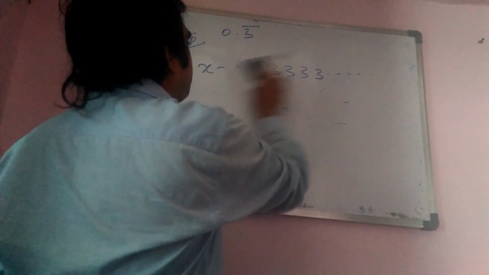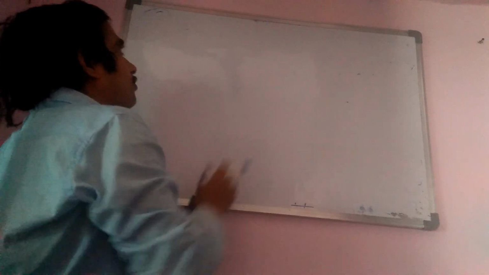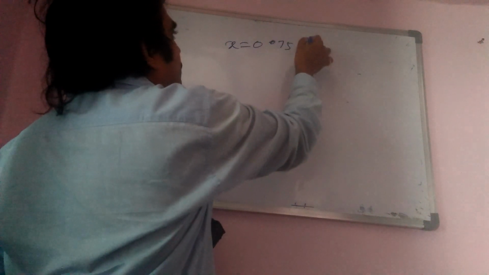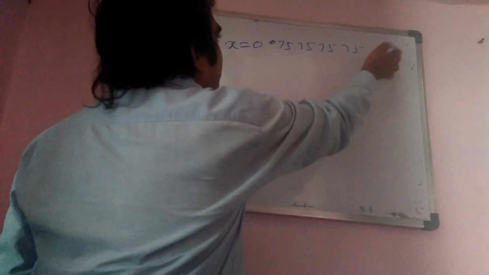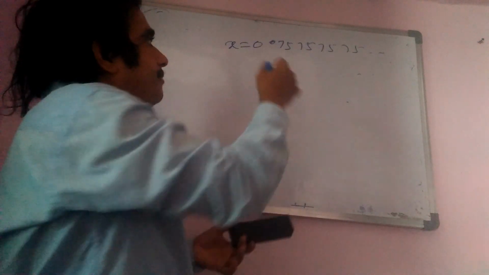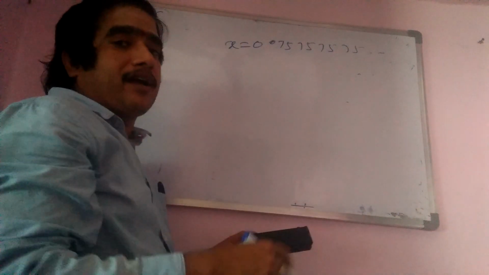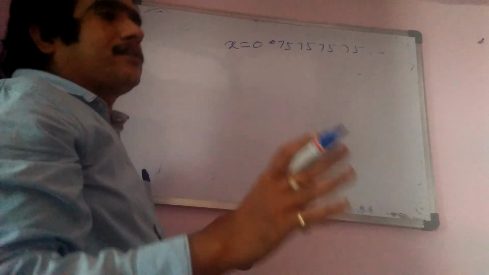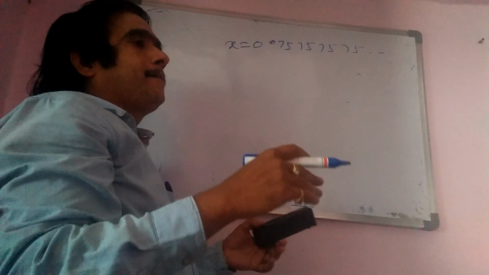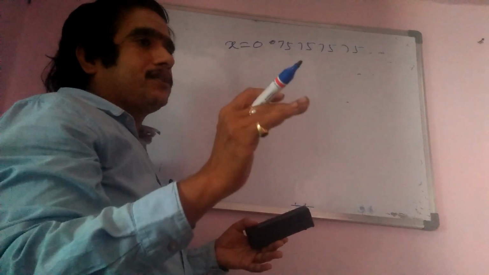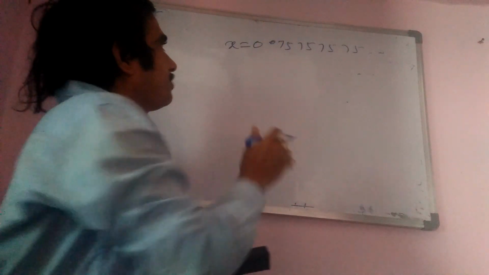Sir, you explained a simple example, sir. You take a little bit bigger one. Okay, I will take it, no problem. x is equal to 0.75757575 we will take. I am not taking the textbook problem. I am creating and solving my own problem, which means even you can also create many number of problems. This mathematics class is not for those who are already above average and getting good marks. No, no, no, no. It is just keeping in view the average students.